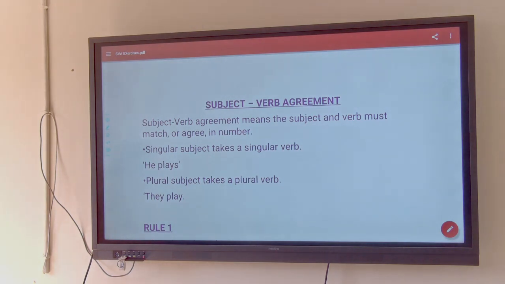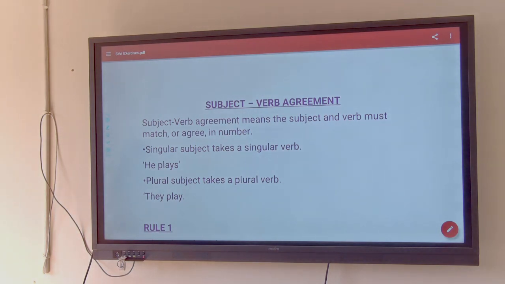So there are 6 subjects. I will name them: I, you, he, she, it, you, they, and we. Okay, so the singular subjects are I, you, he, she, and it. Whenever we're using a singular verb, we need to ensure that the verb matches. Let's take play as the verb, with I, you, he, she, and it.